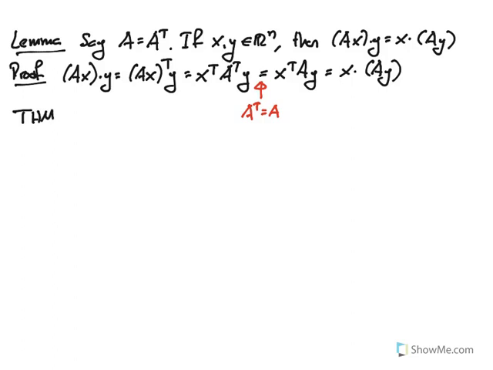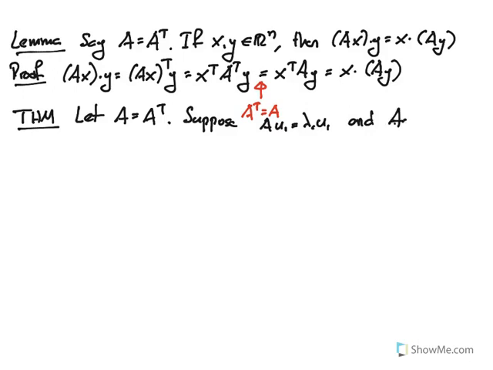Then the second theorem we're going to mention is the following. Let A be a symmetric matrix again. Notice when I say A is equal to A transpose, that in particular implies that it's square. Now suppose lambda 1 and lambda 2 are two eigenvalues. So A u1 is equal to lambda 1 u1, and A u2 is lambda 2 u2. Then if these two eigenvalues are different, then the corresponding eigenvectors